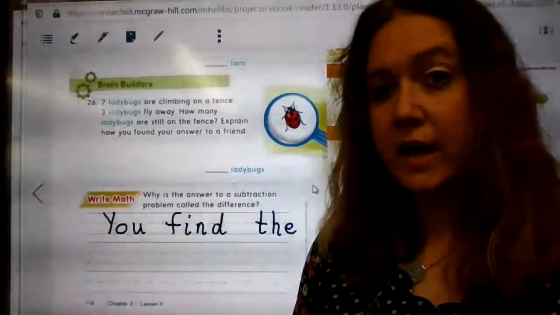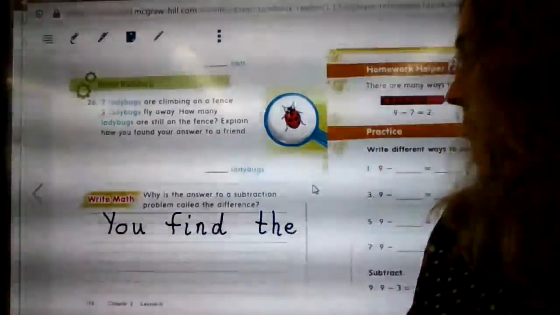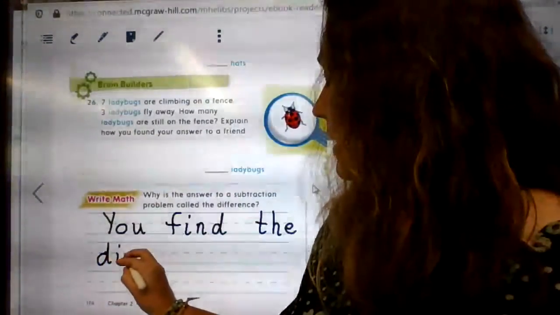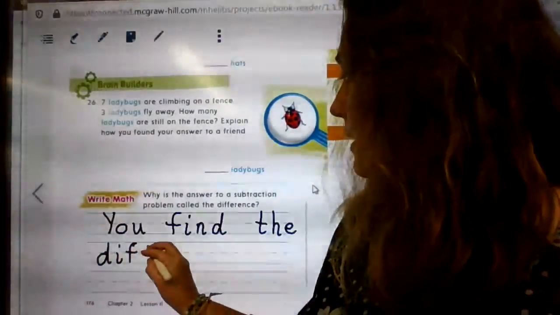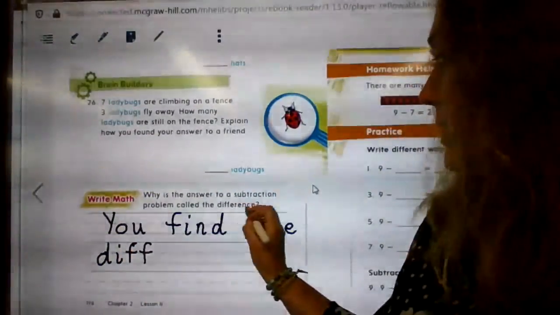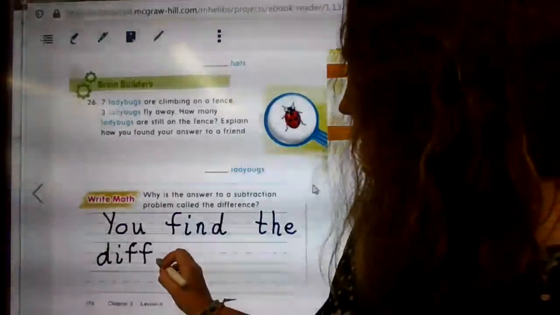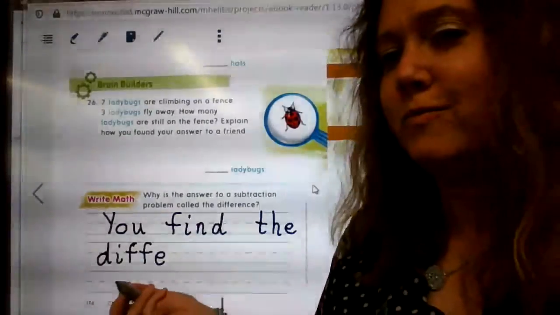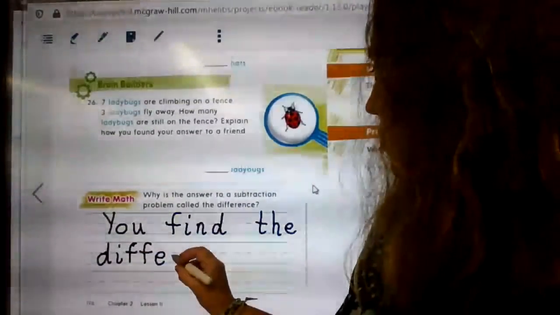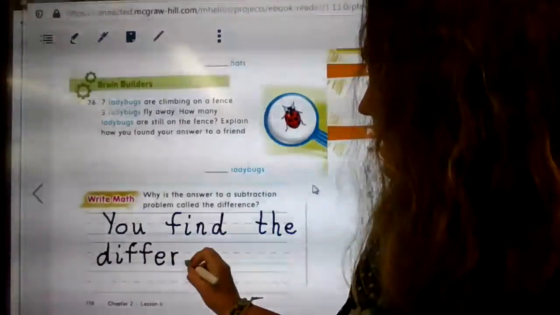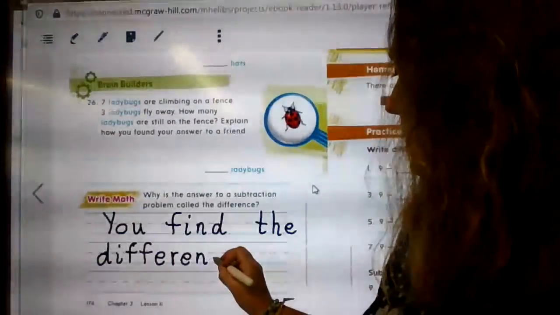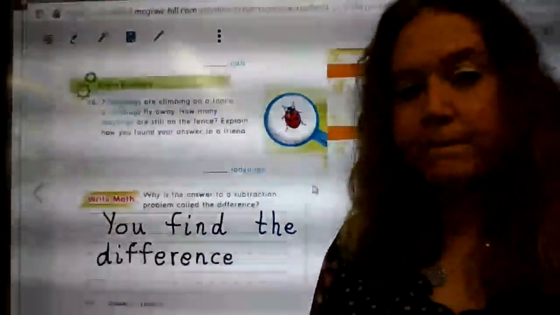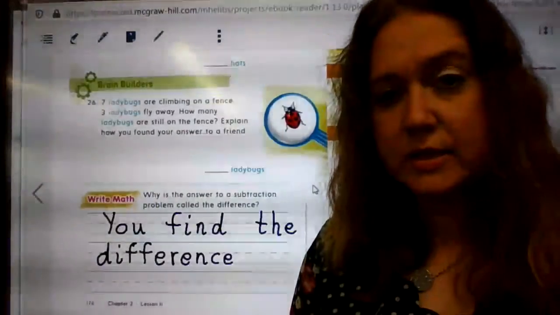You find the difference, D-I-F-F. The word difference is right here in your question. E. Remember, pause if I'm going too fast. I'm trying to go slow, but might not be going slow enough. R-E-N-C-E. You find the difference